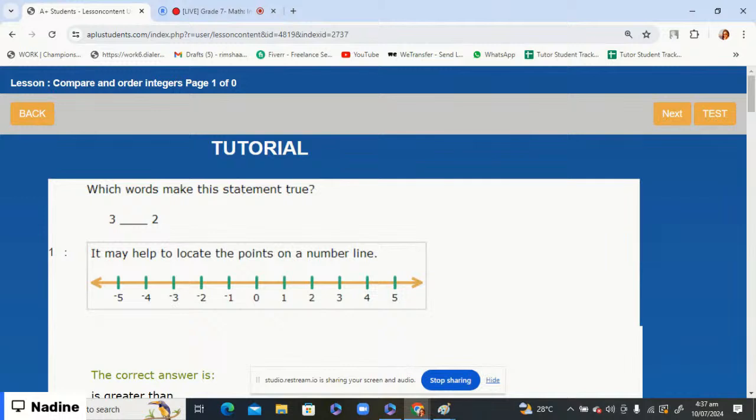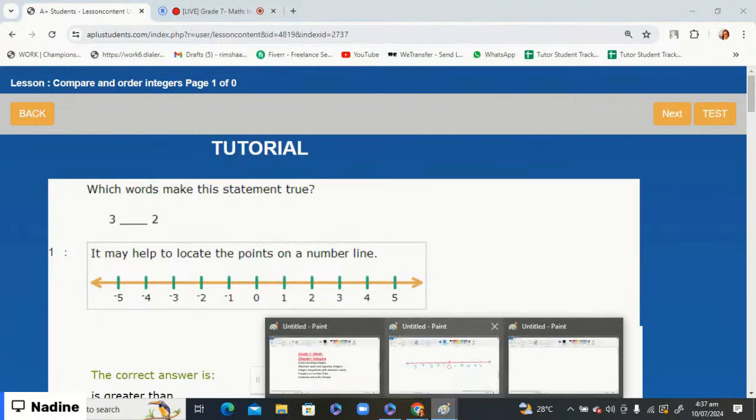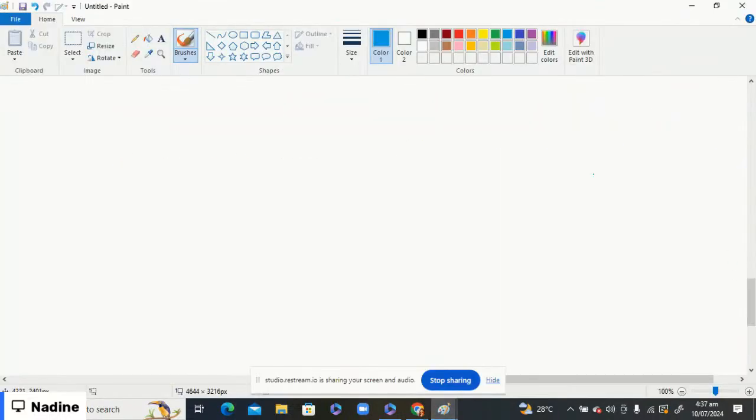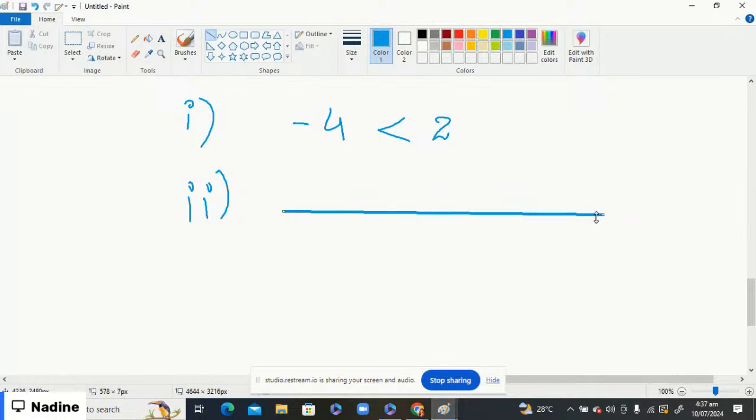Which word makes this statement true? So if you have some negative number like negative 4 or 2, it means that the positive number is always greater. It may be in the form of 1000, it may be in the form of 100, it may be in any form. But when we see that here is a missing number, for example, if I'm going to draw, this is the number line,